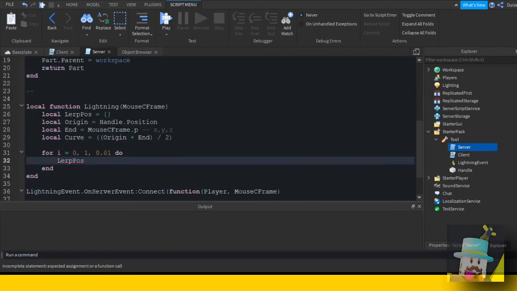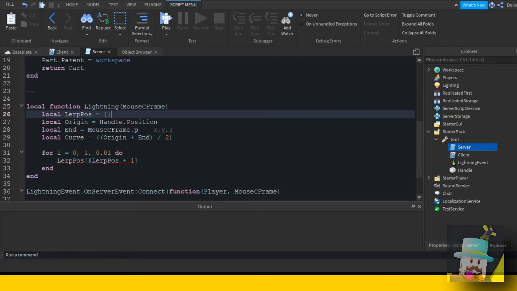Lerp position, lerp position dot 1. I usually do this, but it's very simple. It's basically saying that we have to add one more index into this. What's an index? In my last video I talked about it, but an index is basically each of these, either 1, 2, or 3. So 1, 2, 3, and 4, and so on. If I also do names here, name would be the first index. It's basically the row, or